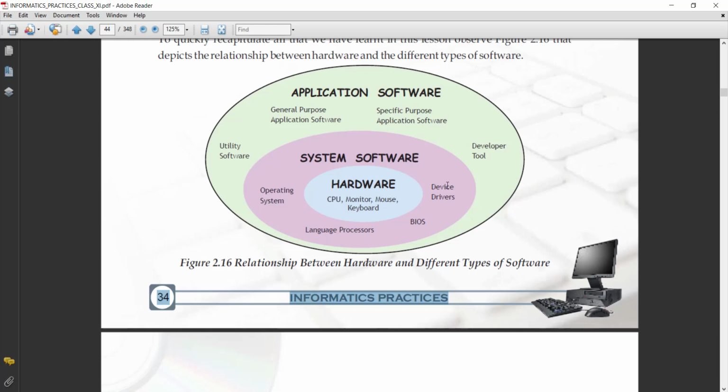After the system software, we learned about application software. In application software, we learned general purpose application software, utility software, specific purpose application software, and developer environment, our last topic. So this chapter has been completed, and you also note down all the definitions and their examples.